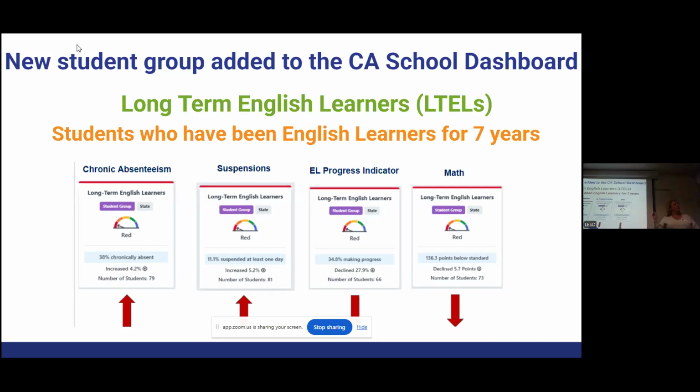So this is our district level. We're seeing absenteeism, when students are being absent. And chronically means they're absent more than 10% of the school year. So that's 18 days, which is about a month of school. And we had 38% of our long-term English learners absent for a month of school or more. So that's why media is saying that's a problem. It's a small number, but we want every one of those students to be coming to our schools.